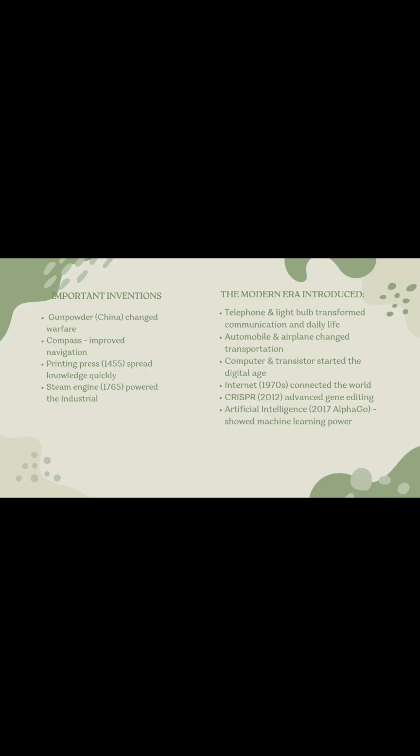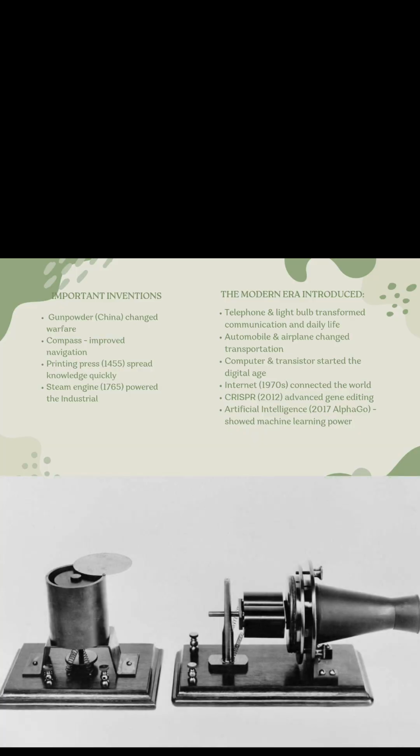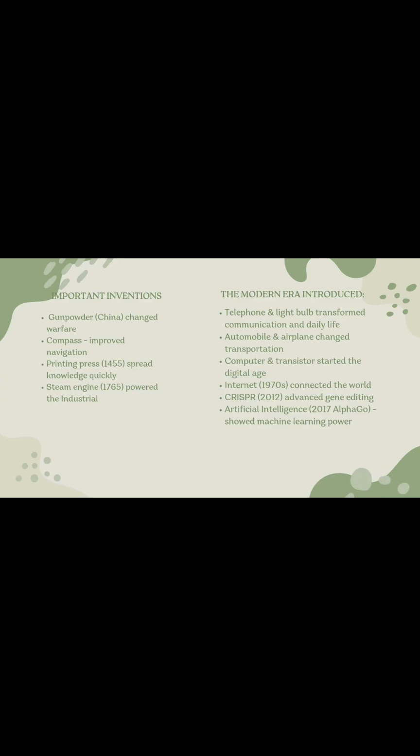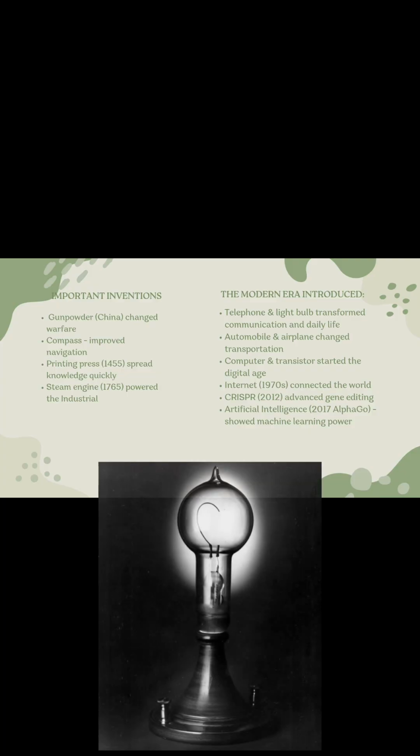In 1876, the telephone, invented by Alexander Graham Bell. People could talk over long distances. It transmitted voices over wires, allowing people to talk to each other instantly across distances. In 1879, the light bulb, invented by Thomas Edison, allowing people to brighten their homes and workplaces safely and efficiently, and homes and streets could be lit at night.